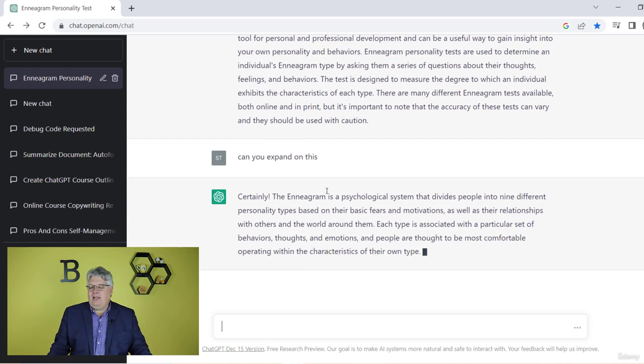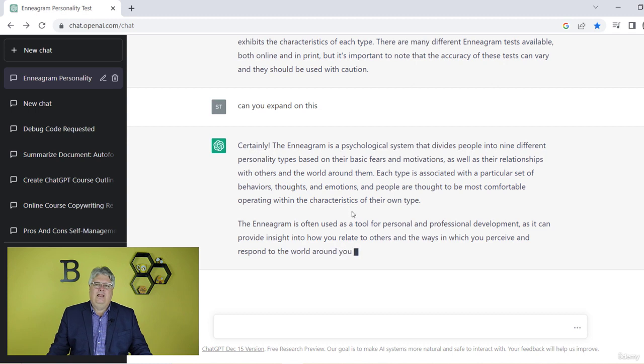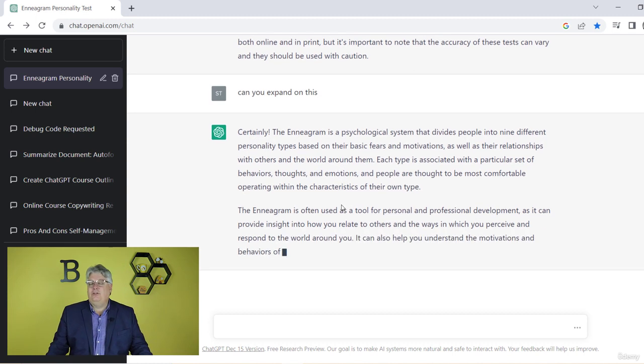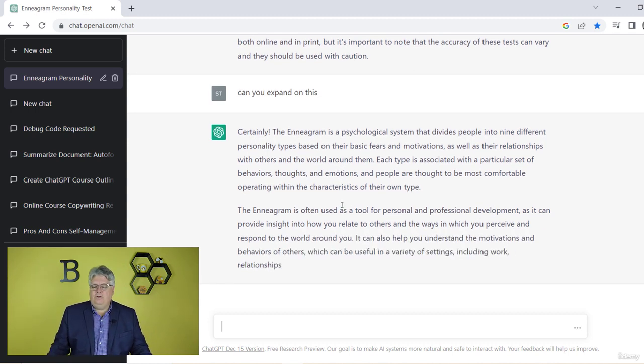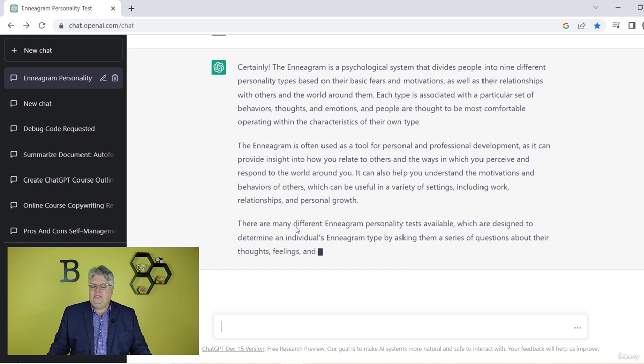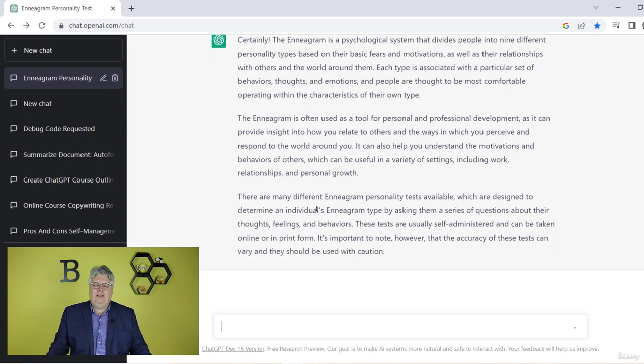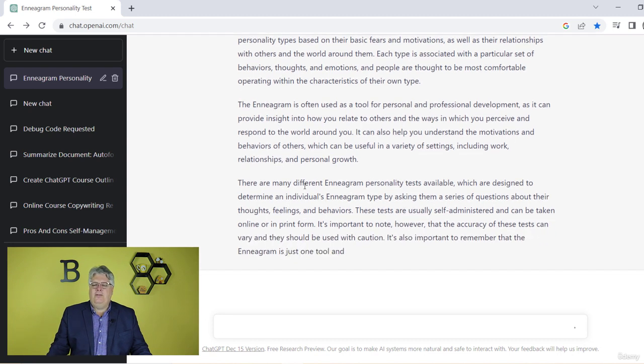The Enneagram is a psychological system, and this. And it'll give you more information, or maybe build that out more as this processes through here, because we're doing this all in real time. So you can regenerate responses, or you can just simply ask it to expand and give you information. Here it's talking about how there are different Enneagram tests available, what they're designed for, and all that, and about feelings. This is something that I don't believe was in the first answer, so now this is building on that.